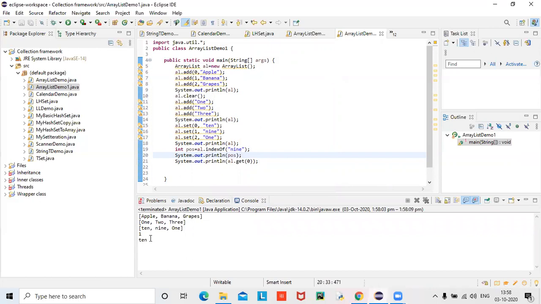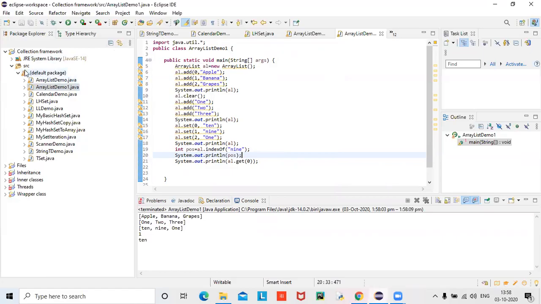Worked. I got the position. I got 1, and if I say 0, I'm able to get 10 also. And the previous things are simple things only. Already we have done them in the past also. So these are the methods which you can work with. And then let me go to another one,